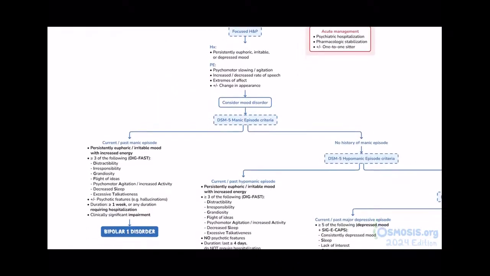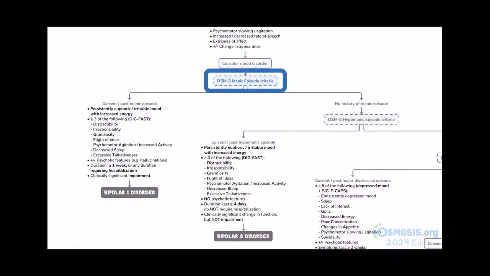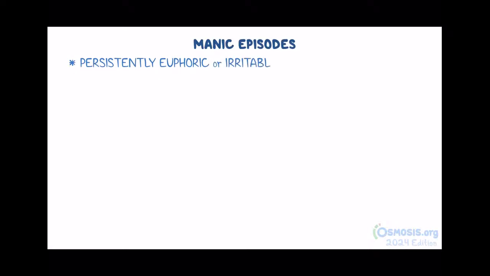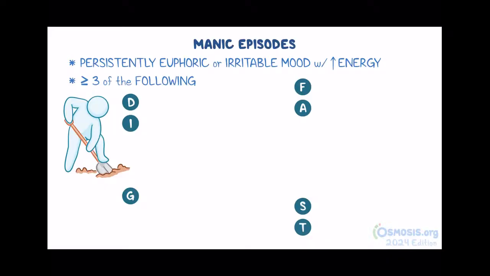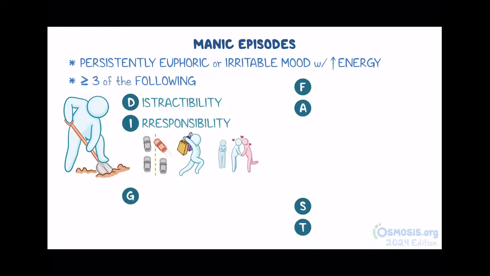Next, assess for a current or past manic episode using the DSM-5 criteria. Manic episodes are characterized by a persistently euphoric or irritable mood with increased energy. In addition, there must be at least 3 of the following symptoms, which can be remembered using the mnemonic DIG FAST. DIG refers to distractibility, irresponsibility, including high-risk behaviors such as reckless driving, expensive shopping sprees, and sexual indiscretion, and